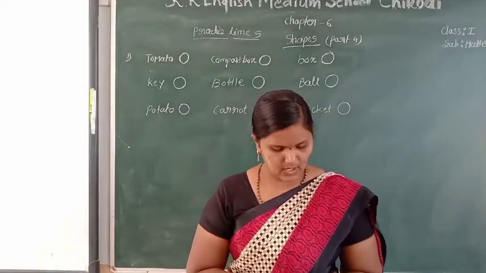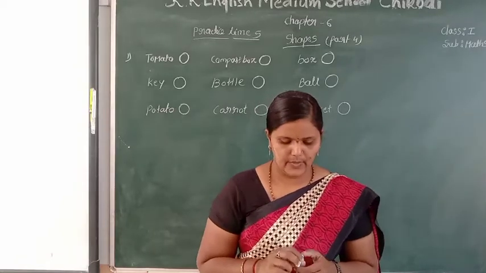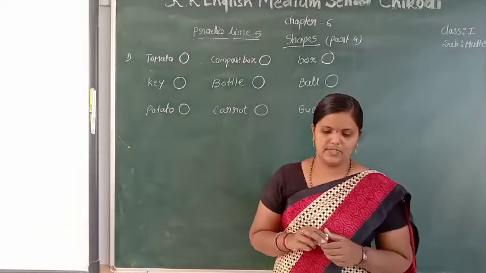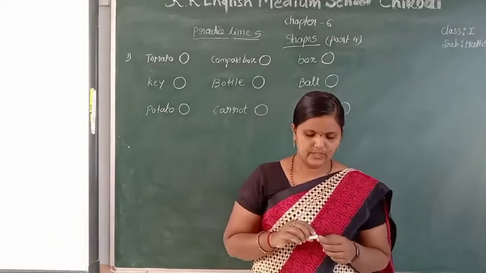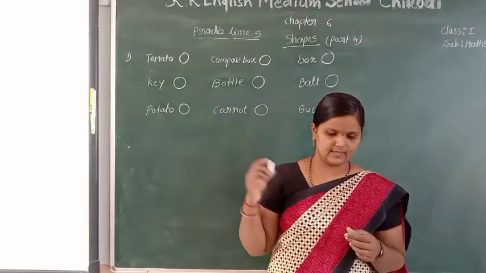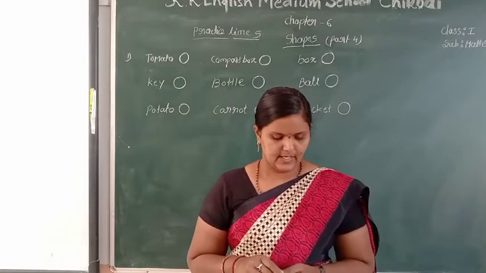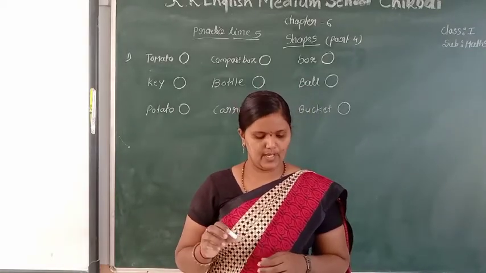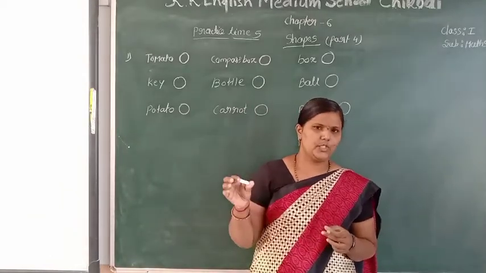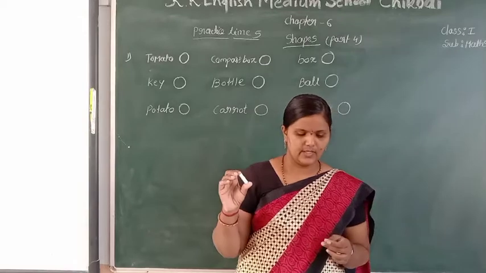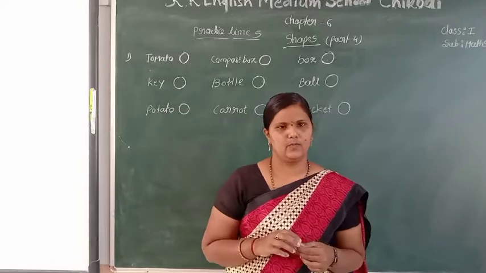Simply, what does rolling mean? There are some objects which can roll when you push them, such as ball, chalk piece, like this. And sliding object means what? Sliding object means some objects which can slide when you push them, such as book, pencil box, duster, for example.